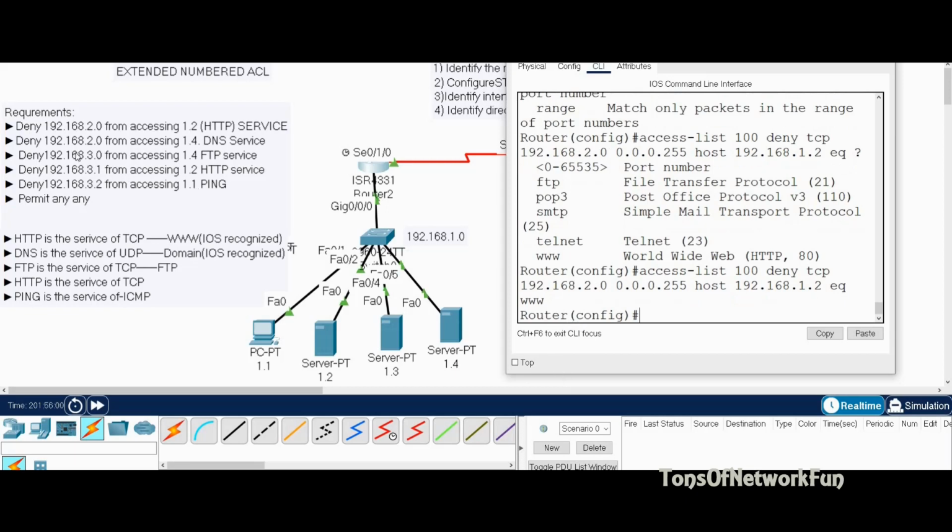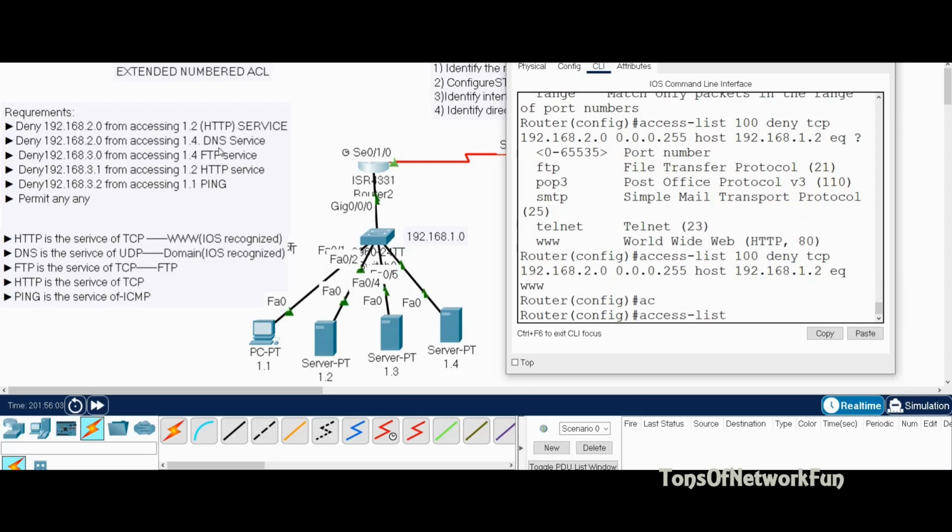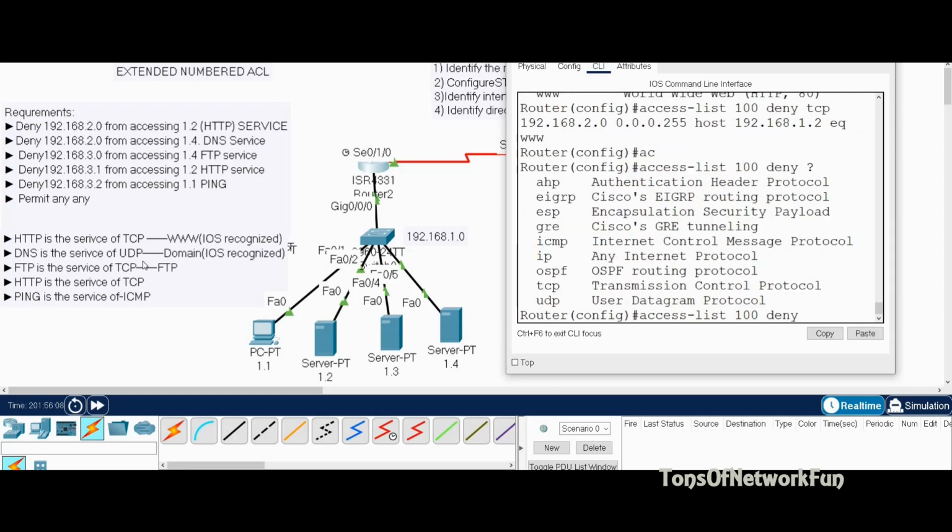Second one is again the entire 2 network from accessing the 1.4 DNS service. So again access list 100 deny, and DNS is a service of which protocol? We need to know that DNS is a service of UDP. If I put a question mark here, it's going to show me some options I can pick, but I would not know which one is which. So we have to know our protocols. So it is UDP,